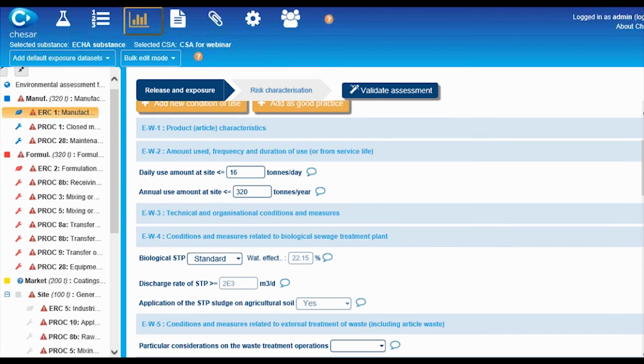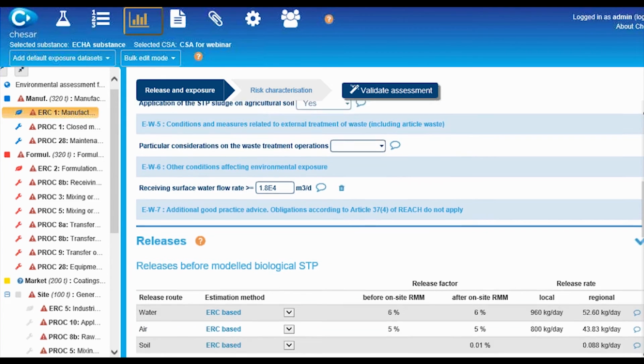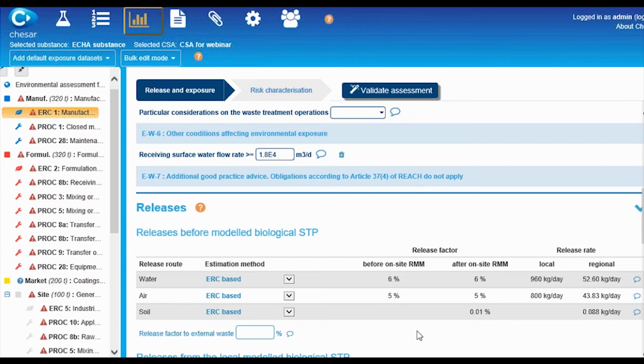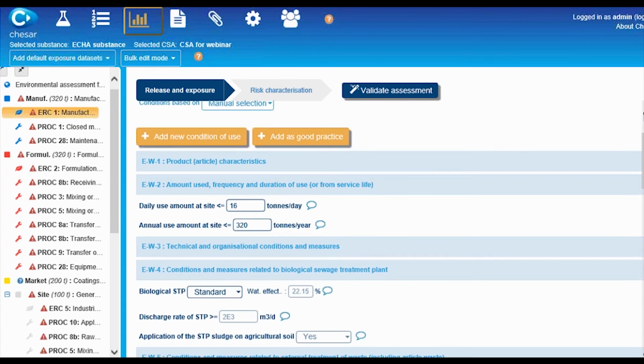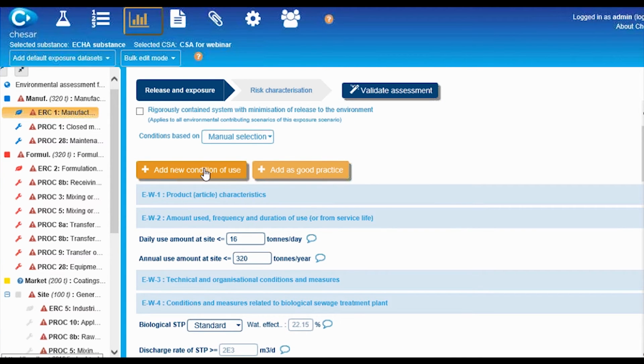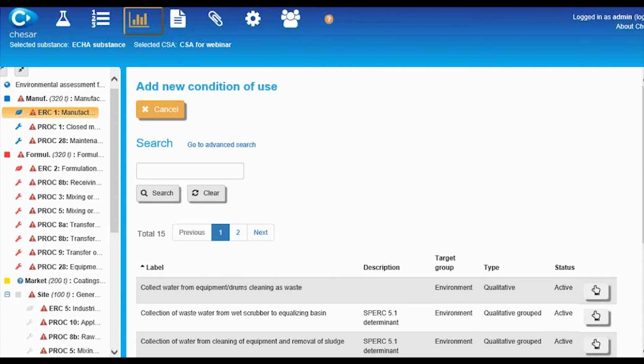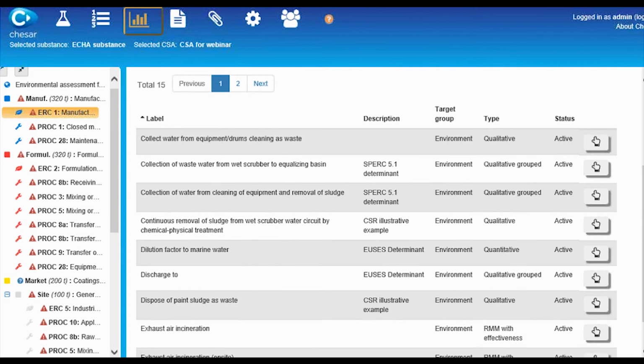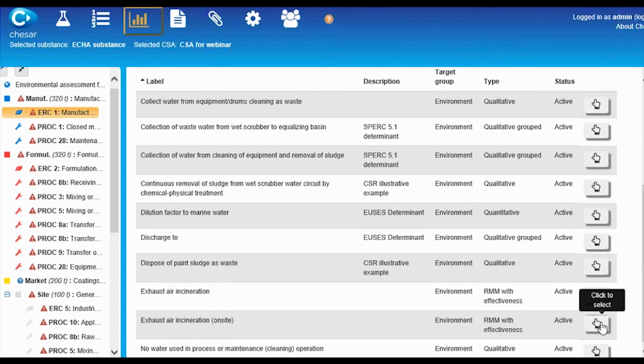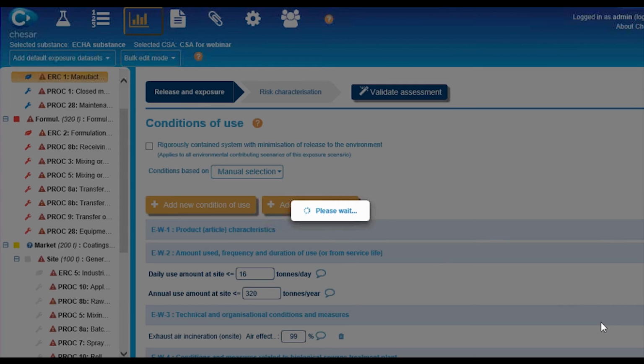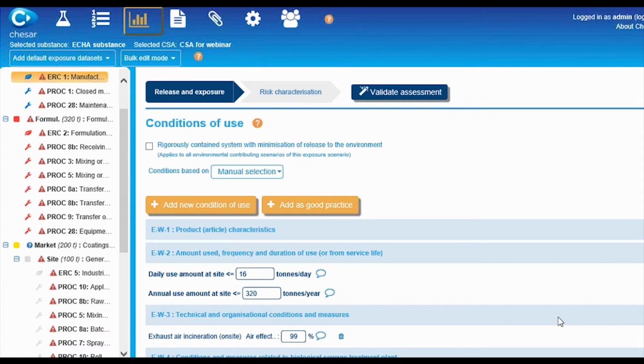And we have said that we are able to limit the release to air by a risk management measure because your exhaust air ventilation is connected to an on-site incineration. Then you have to add a condition of use, which is an on-site exhaust air incineration. You select it, that you have already created in your library, and then with the effectiveness of